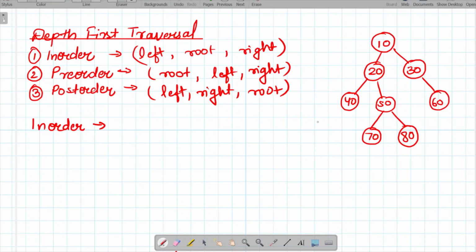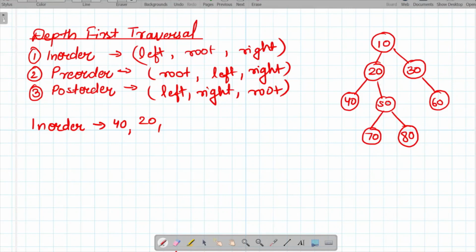No, there is no left node, so we will now take the root, which is 40 itself. So we will traverse 40 first, and now the left of 20 is traversed. So now we will traverse the root of this subtree. So we will traverse now 20, and then we have to go towards the right subtree of 20.